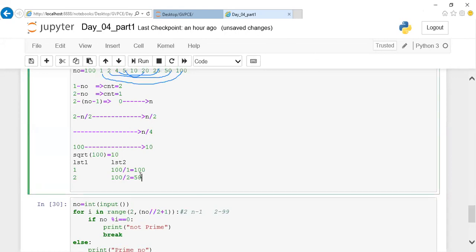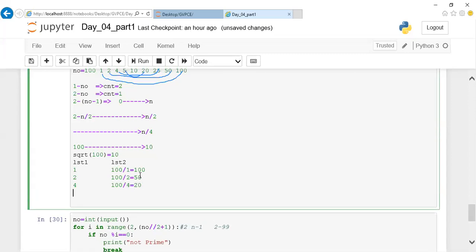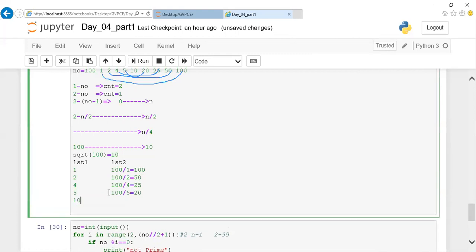If I know 4, the other number can be generated: 100 divided by 4 gives you 25. 100 divided by 5 gives you 20. And for 10, 100 divided by 10 gives you 10 again.